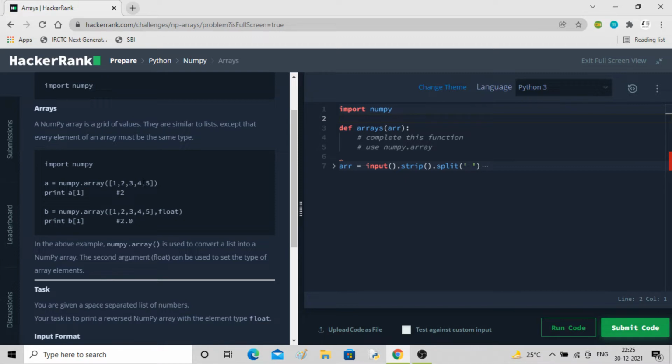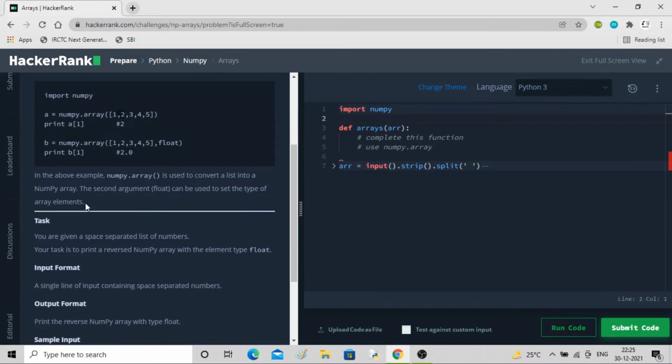They are exactly similar to lists, but the same data type will be there for each element. First import the NumPy package, and then you can write in this fashion: a is your array, defined as numpy.array, and inside this you give the array elements in list form. When you access a, this is the 0th position, then 1st, 2nd, 3rd, 4th.